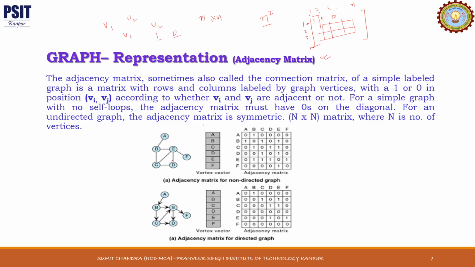So as you can see here for a directed graph, we go row wise, and we are checking for vertex a. So a to a there is no edge here, a to b there is an edge, so 1, a to c there is no edge, a to d there is no edge, a to e there is no edge, a to f there is no edge. Similarly for b, so b to a there is an edge, b to b no edge, b to c there is an edge, b to d there is no edge, b to e there is an edge. Similarly we can do it for all vertices. And for an undirected graph, this matrix is a symmetric matrix.